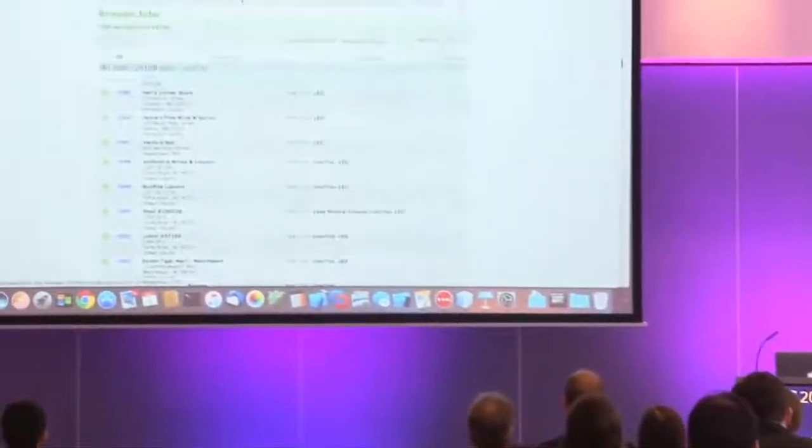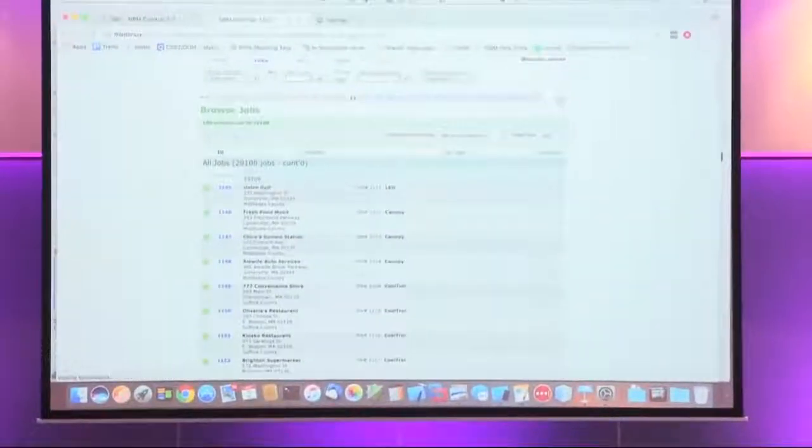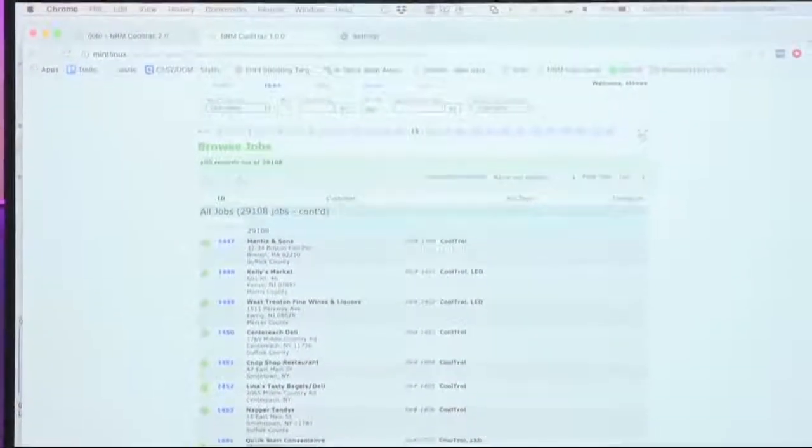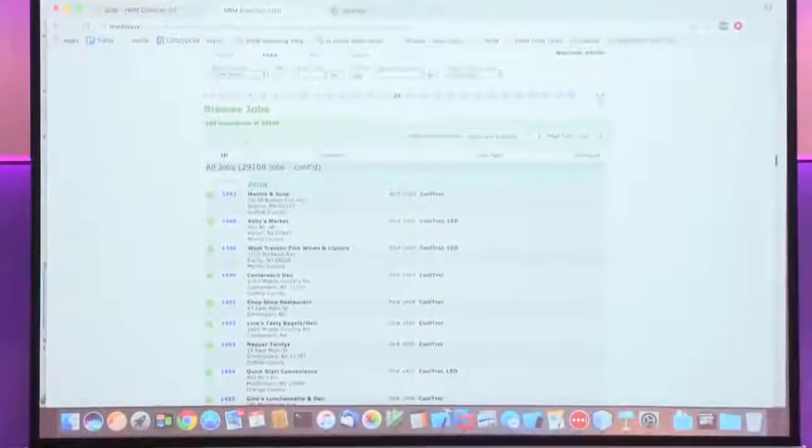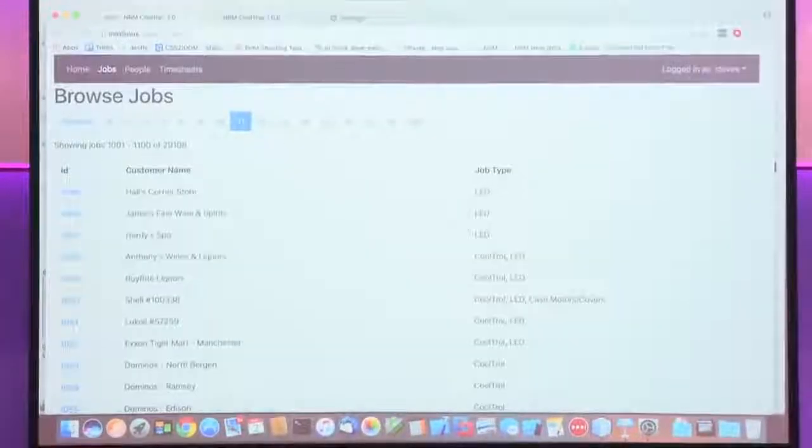All right, so this is kind of like a modified version of my jobs. Here you can see a list of all the jobs. We have like 29,000 jobs that we've done here, or that we've proposed. And I just want to show you quickly, in terms of performance. If I'm paging through this 100 jobs at a time, I turn off JavaScript because there's a lot of JavaScript happening on this, and it wouldn't be a fair comparison. But you can see, as I'm changing, it's not the quickest thing. This is going to a local VMware Linux image on my system, so it's not like it's going back to Massachusetts. And the same thing here with vibe.d, you can see